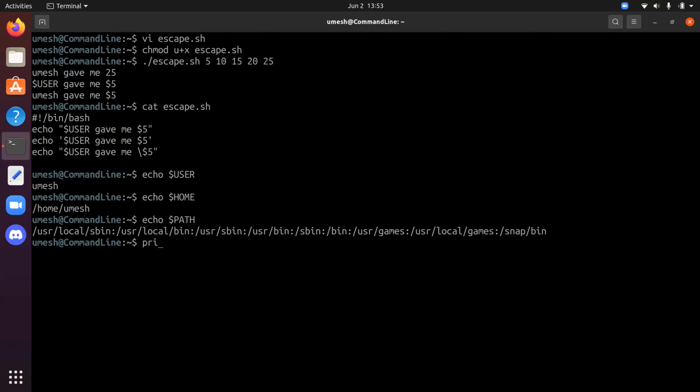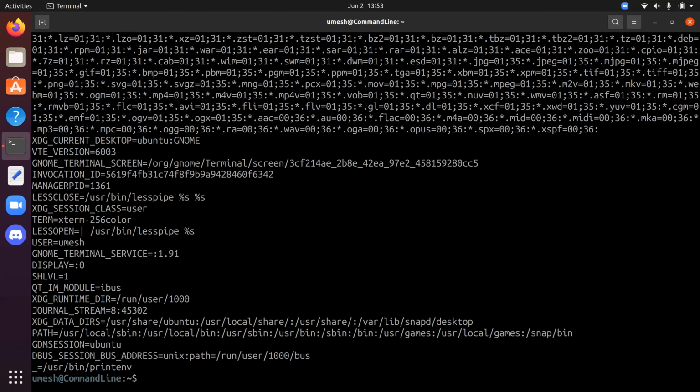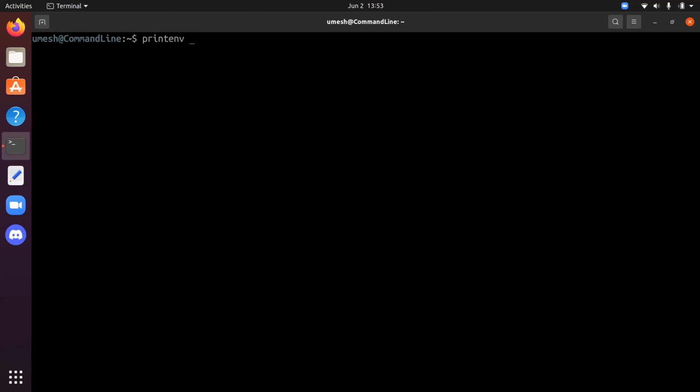You can use printenv to print all environment variables in your system. And you could also do printenv HOME, same as the echo $HOME command. One thing you might notice here is that all environment variables are in uppercase, and that is exactly how you should write them when you want to call those variables in your script. So there's not much to environment variables. These are just variables you can use in your script.